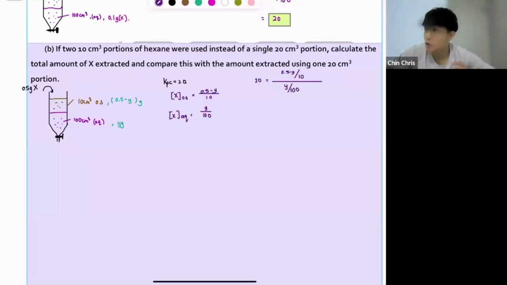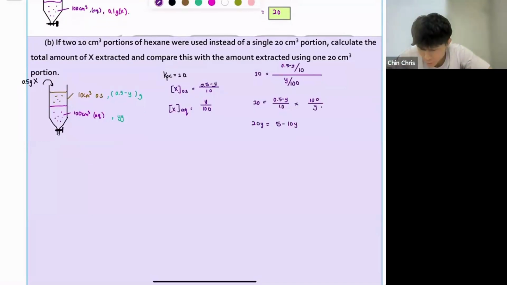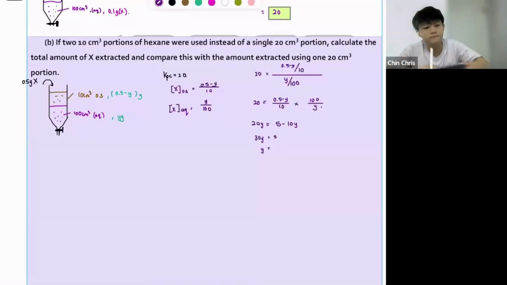Okay? So guys, know how to do this, right? Maths lesson. Divide, can write it as multiply. The 1/10 can cut, so it turns into a 10. So if you multiply it inside, it's going to be 20Y equals 5 minus 10Y. So 0.5. Then guys, move over: 30Y equals 5, Y equals